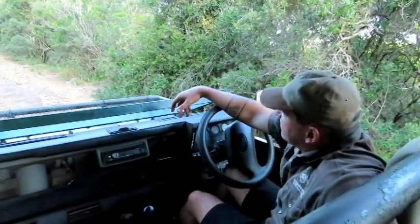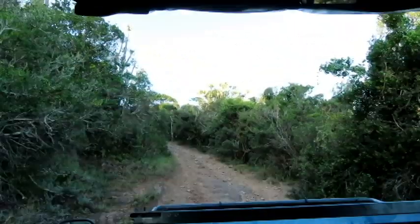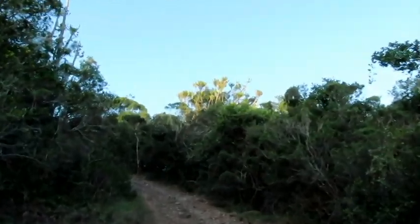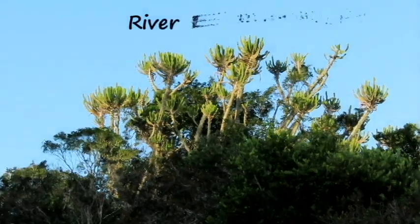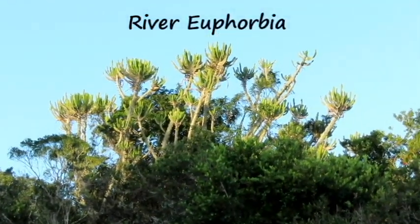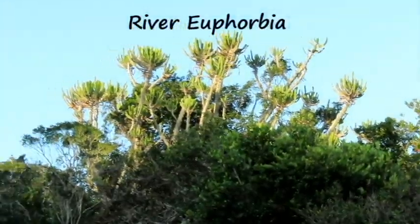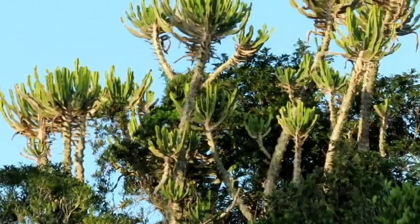Guys, if you look in front of us, you'll see a tree that looks almost like a candlestick, with all the little fingers coming out the top of a long stem. So this is called a River Euphorbia. Now, the interesting fact that I read just the other day about the River Euphorbia is that